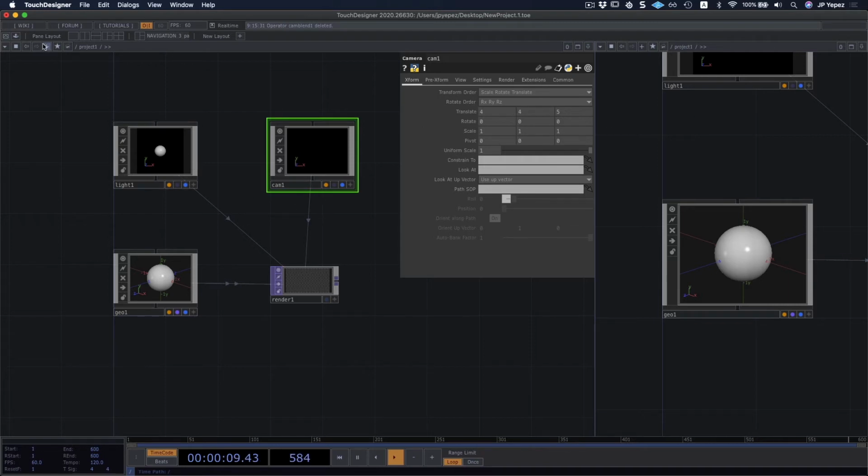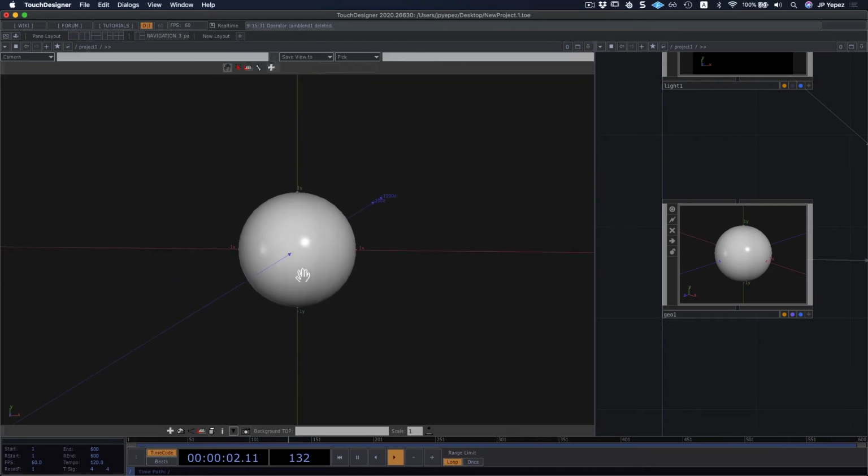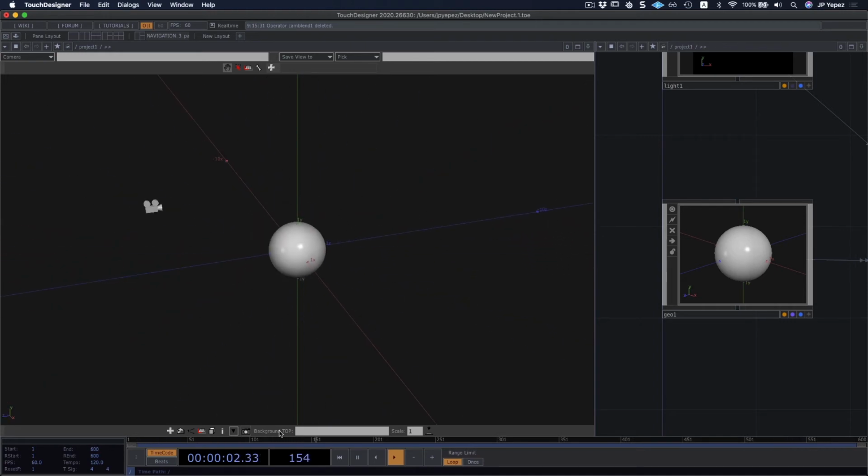A very useful viewer to see what's going on is the geometry viewer. Just select it from our top left drop down for different layouts. And I can see that our geometry is in the middle. And you're also going to be able to see your camera and your light. So keep an eye on what's going on there.